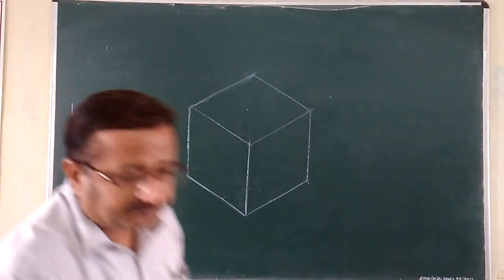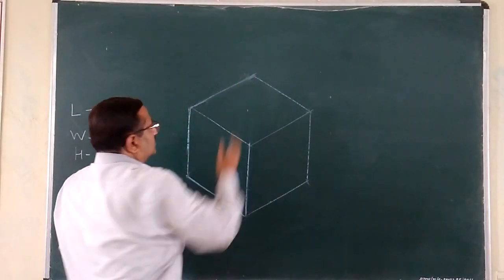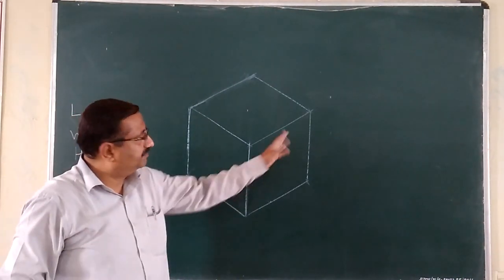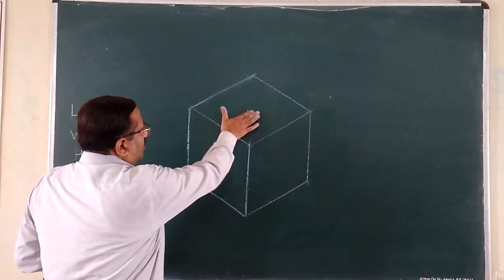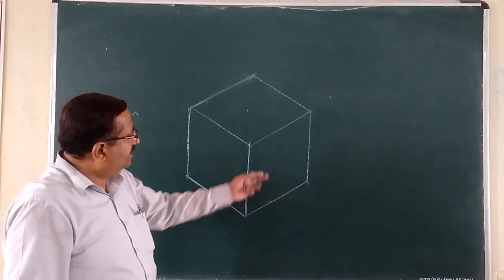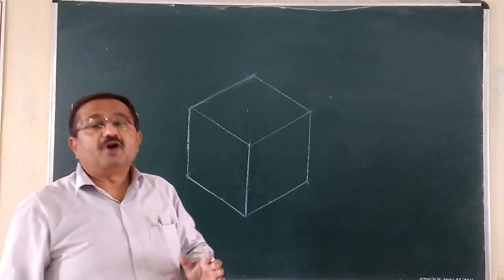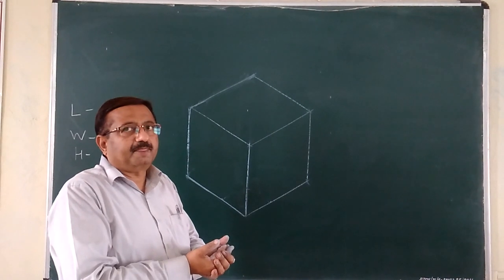Now what do we have to do? Three surfaces are created. Just see the dimensions 70 by 70. Means what? Three rhombus we have constructed. Top rhombus, right 30 rhombus and left 30 rhombus. On these rhombus, basically rhombus is required for construction of ellipse.